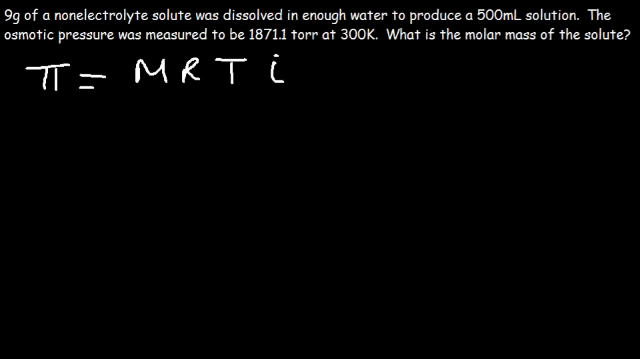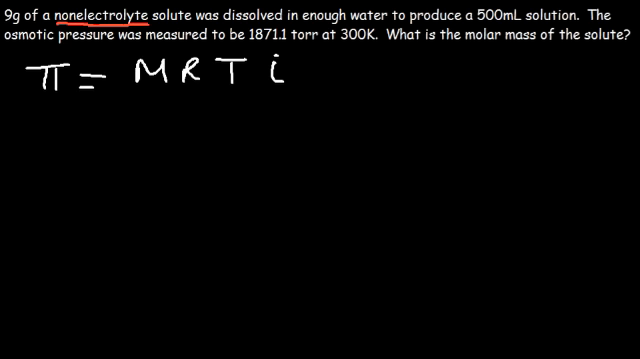Now, what is the Van't Hoff factor of the solute? Is it 1, 2, 3, or 4? How do we know, since we don't know the formula of the solute? Now, the problem stated that it was a non-electrolyte solute, so it's not ionic. Ionic